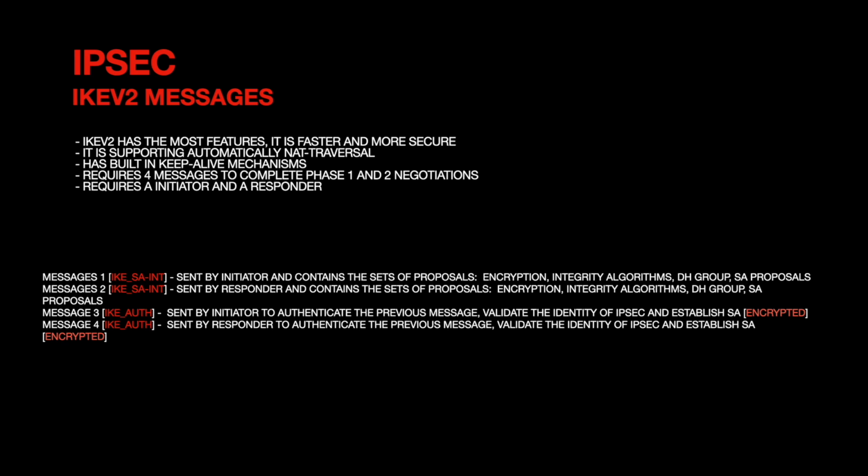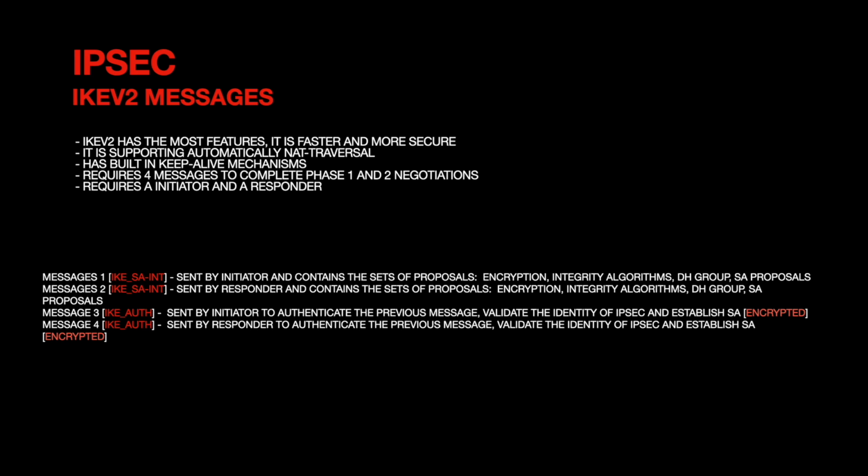IKE version 2 will need just 4 messages to complete the phase 1 and the phase 2 negotiations. And we also will need to have an initiator and a responder. So the 4 messages are the IKE_SA_INIT. Basically, it's the same message which is sent by initiator and responder, and they will contain the encryption, integrity algorithm, DH group, SA proposal, and that's it. And message 3 and 4 is called IKE_AUTH, and those messages are encrypted, and